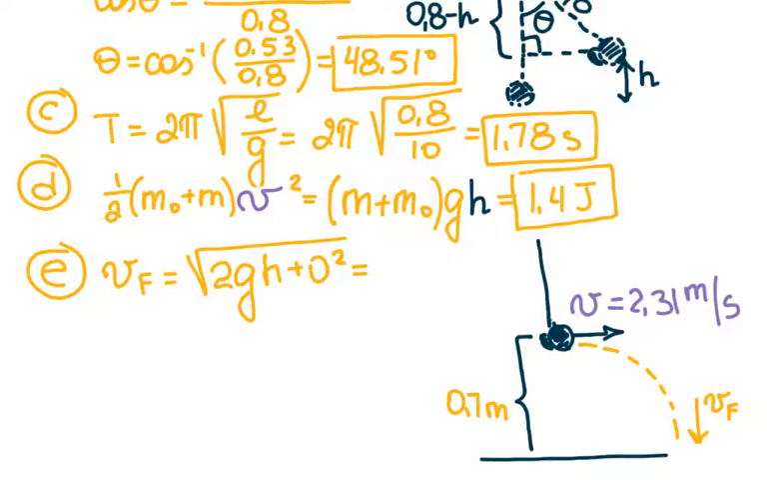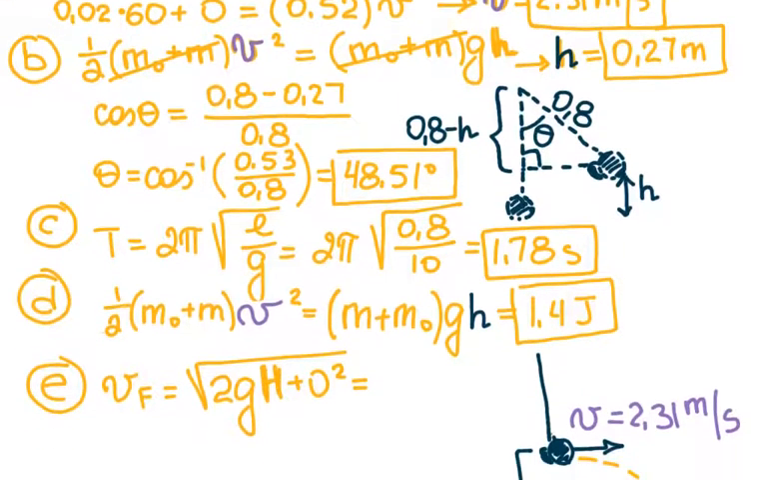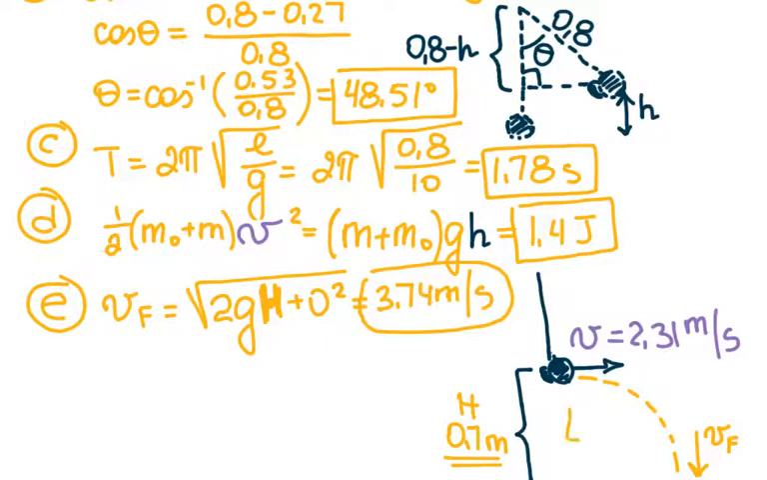And if I plug in all these numbers, I should make sure that I write that this H is different. It's not the H that we found, 0.27, earlier. So my H is 0.7. If I plug in all these numbers, I'm going to get 3.74 meters per second. So if I know the velocity is 3.74, I can find the time it takes to hit